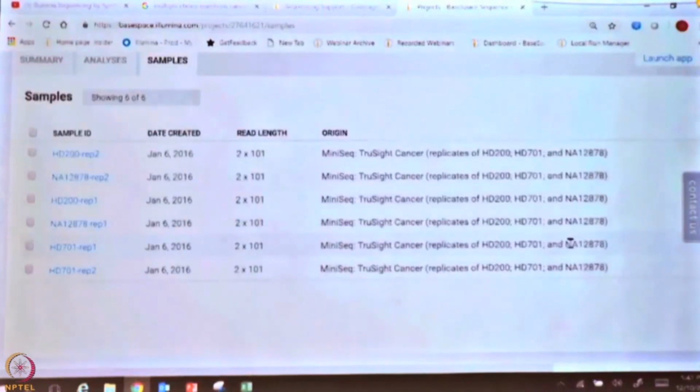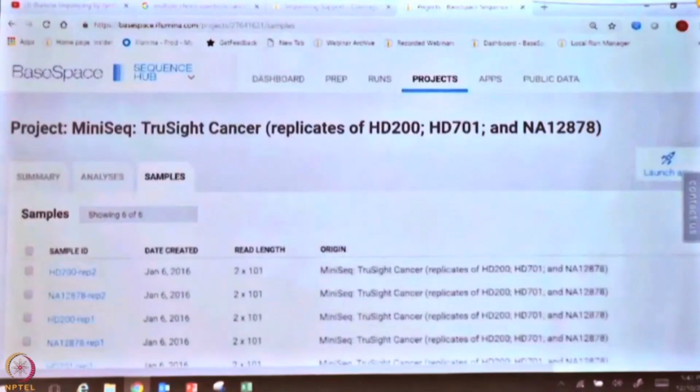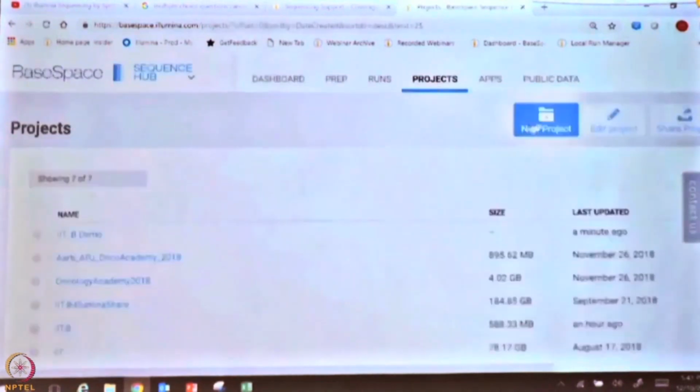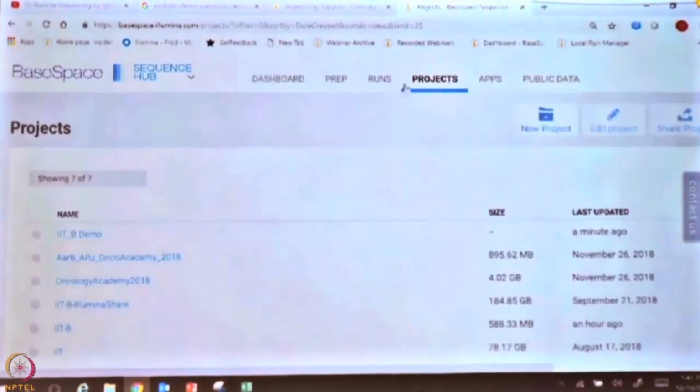Lost? Sorry, okay, I will go step by step. So you created a project? No. So, okay. Do you see this projects here? Yeah, if you click on that, there is a file icon which says new project. Okay, so click on that and give a name to the project. Everybody has created the projects? Yeah, okay. So let's go back to the dashboard,